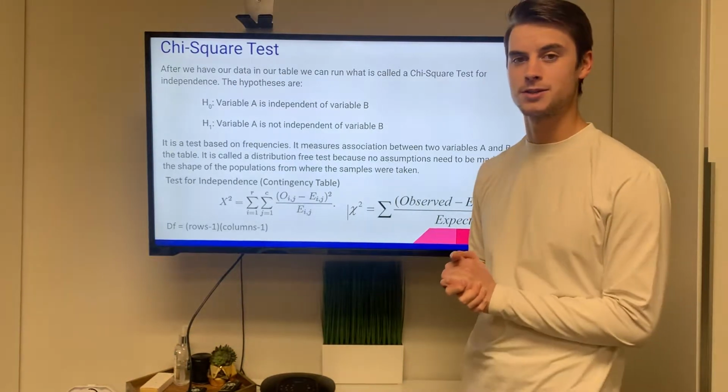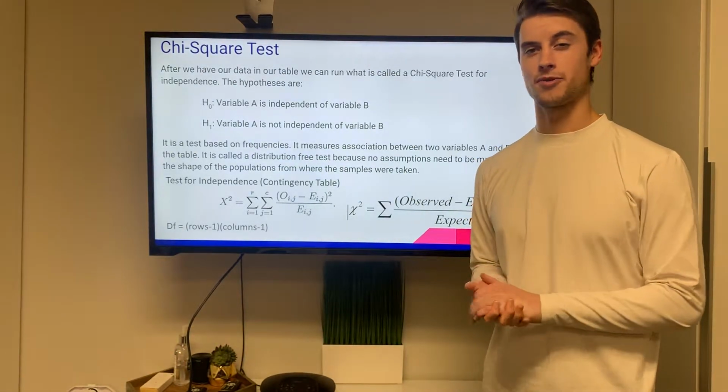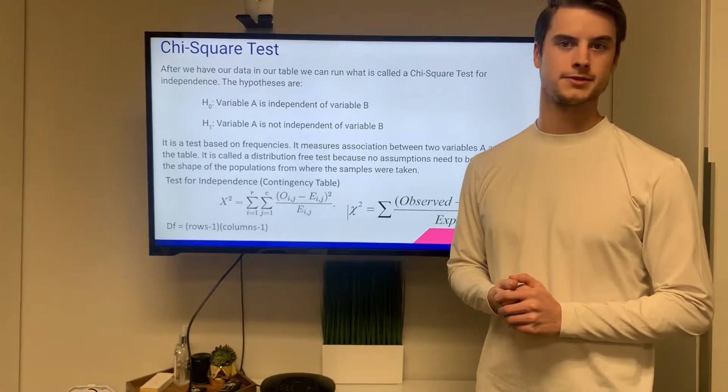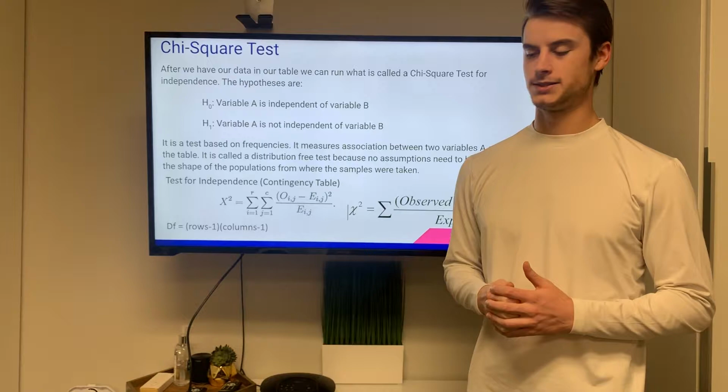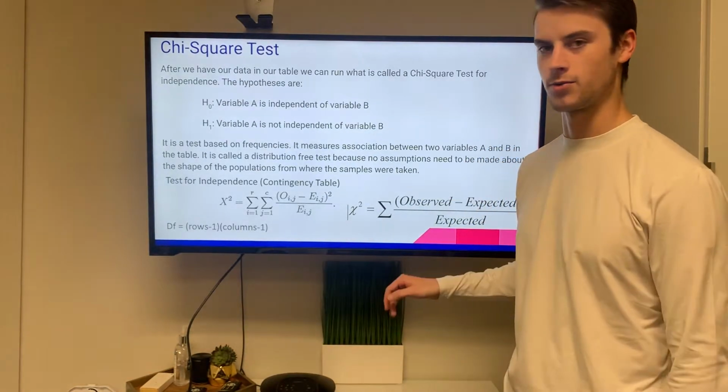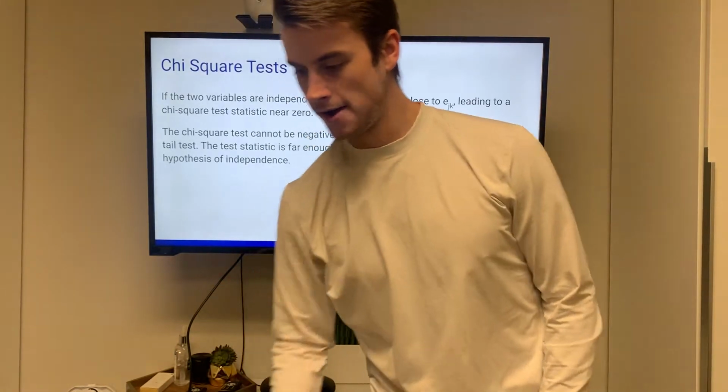So it's really not that bad, I promise. It is a little tedious because it may be a 3x4 table, and you have to do it 12 times. But it's not that bad, guys, I promise, because this is simple math. We all can subtract and square and divide. So,